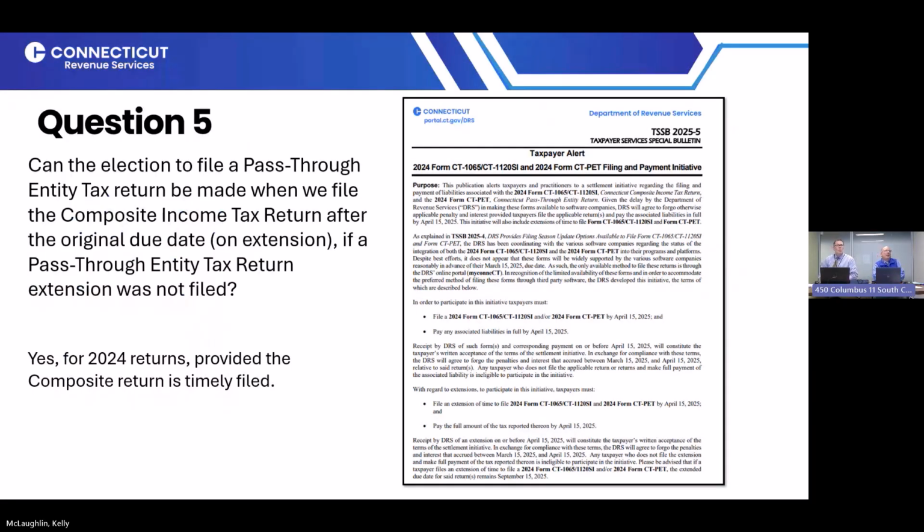Can the election to file a pass-through entity tax return be made when we file the composite income tax return after the original due date on extension if a pass-through entity tax return extension was not filed? Yes. For 2024 returns, provided that the composite return is timely filed, they may file the pass-through entity tax return. Speaking of timely filed returns, of note,